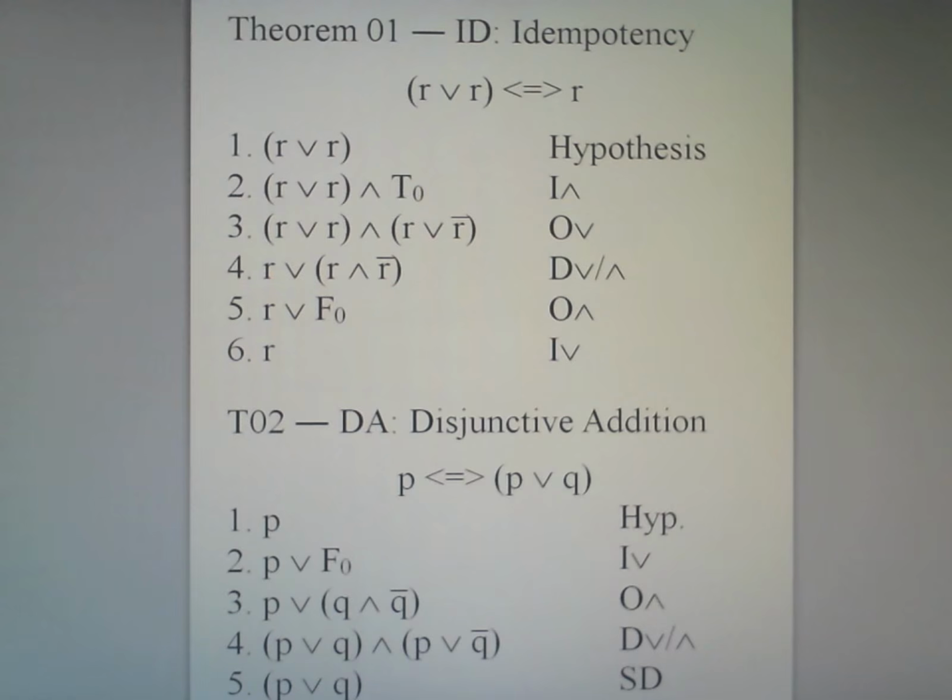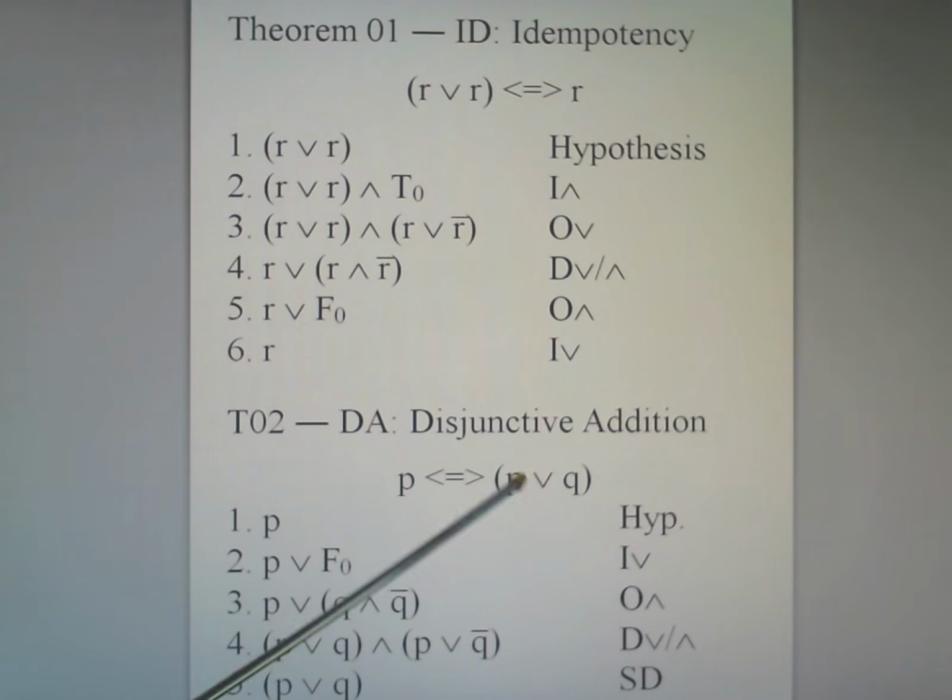Next, we will prove a little more interesting proof, perhaps. It happens to be the second one of the system I developed. Traditionally, it is known as addition. I prefer to call it disjunctive augmentation, but in order to get the words in here, I have just called it disjunctive addition. Basically, what it says is that if you have a true statement, then you can create an or true statement out of that true component, because, of course, or only needs one true component in order to be true. So if P is true, then necessarily P or Q is true.